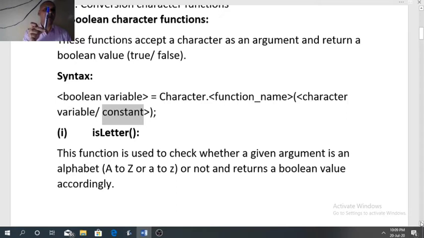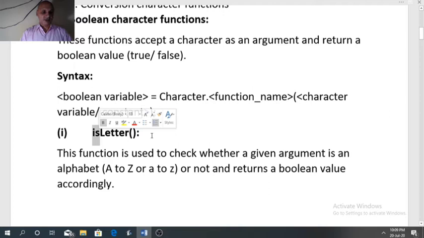What will be your answer? Your answer can be yes or no. So here yes means true, no means false. So whenever a function starts with is, it means it is a Boolean character function. So the result of this function will be either a true value or a false value.